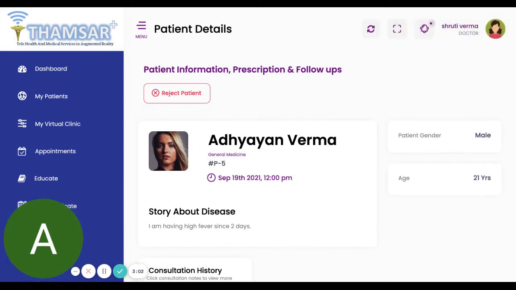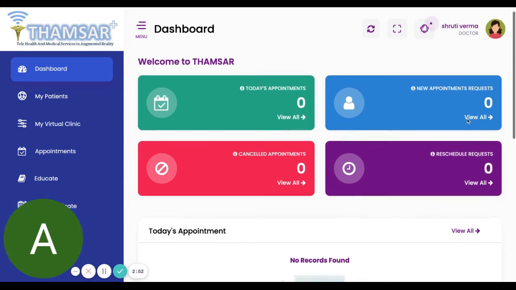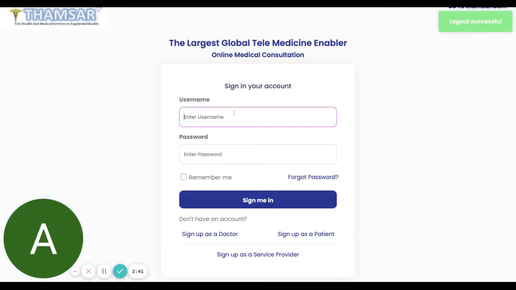Patient is accepted successfully. I go to my dashboard just to validate what I have now. There are 0 appointment requests because the one I have already accepted. It is still not showing in today's appointment. Why? Because this is technically not an approved appointment. It is only accepted by the doctor. Now I'll simply log out and log in with the patient